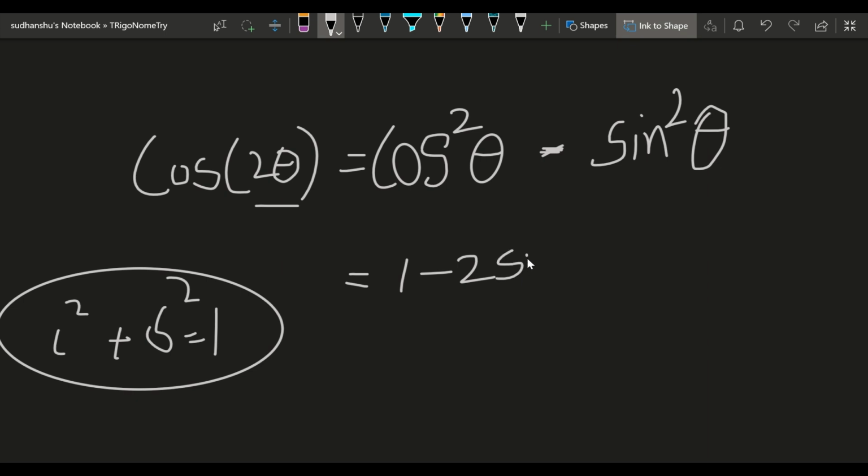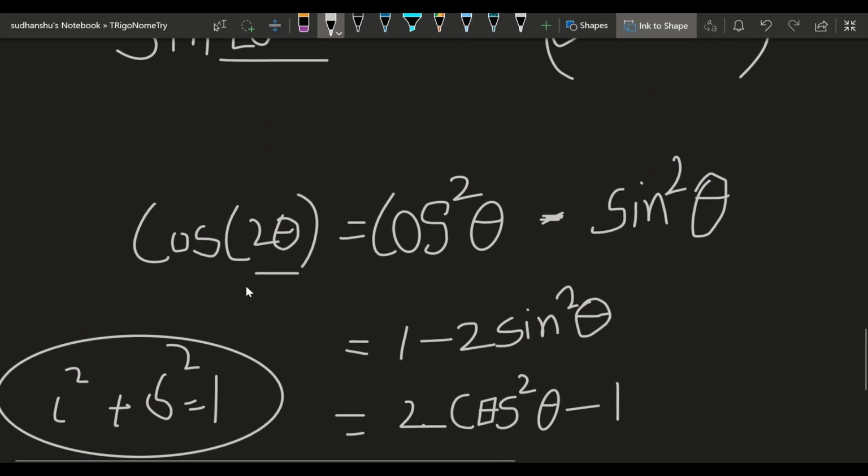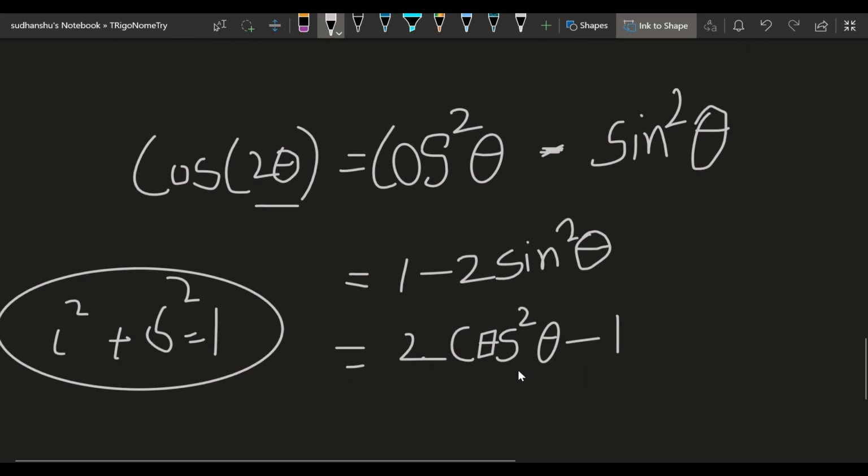If you put the value here, you can come out with something like this, and you have to remember this formula too. And you will come up with a value like this, 2 cos square theta minus 1. Now see, if you have angle in cos and the angle is double and you have to convert it into a single angle, it's very easy. Or in fact, when you have cos square and you don't want any powers of sine or cos, you can just take the minus 1 here and divide it by 2, and you will end up with a single angle.